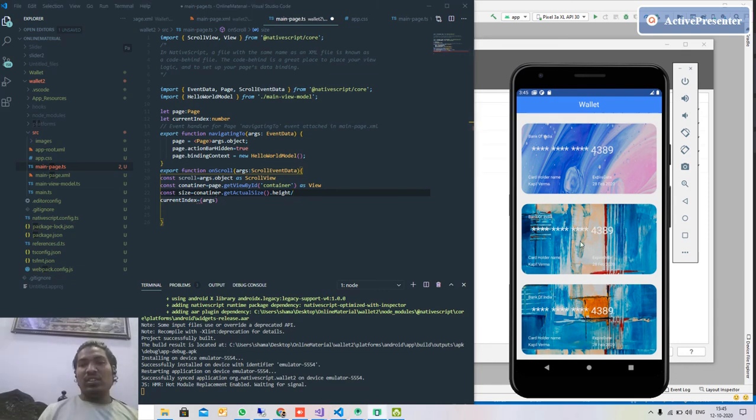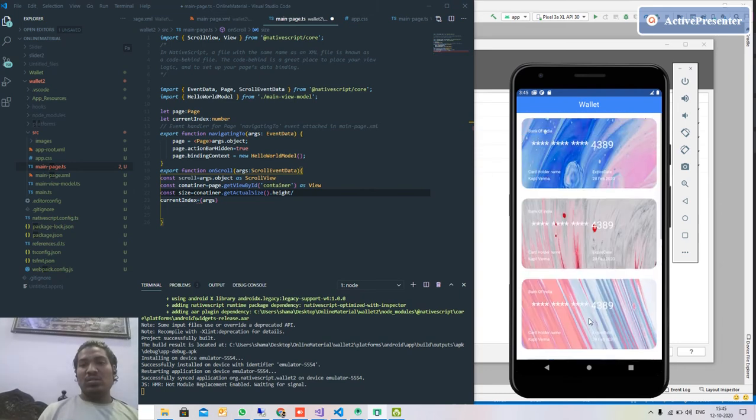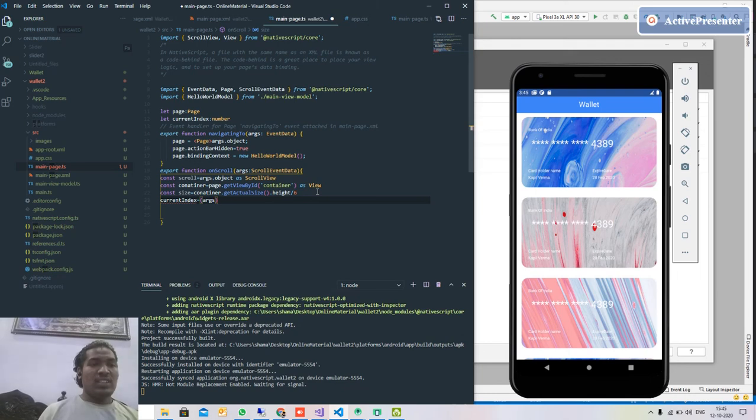We have here 1 2 3 4 5 6, yeah, 6. Height divided by 6 will give us the height of each element including margins. So args dot scrollView scrollY divided by size will give us